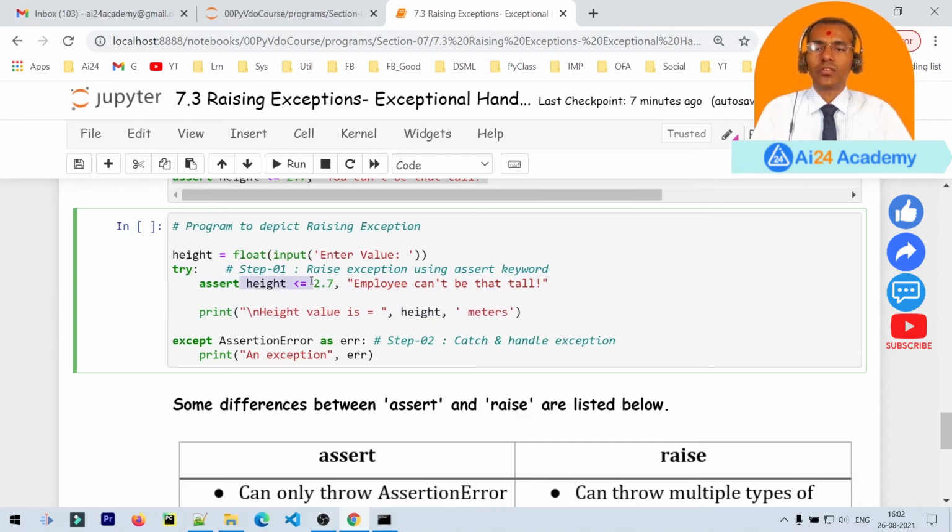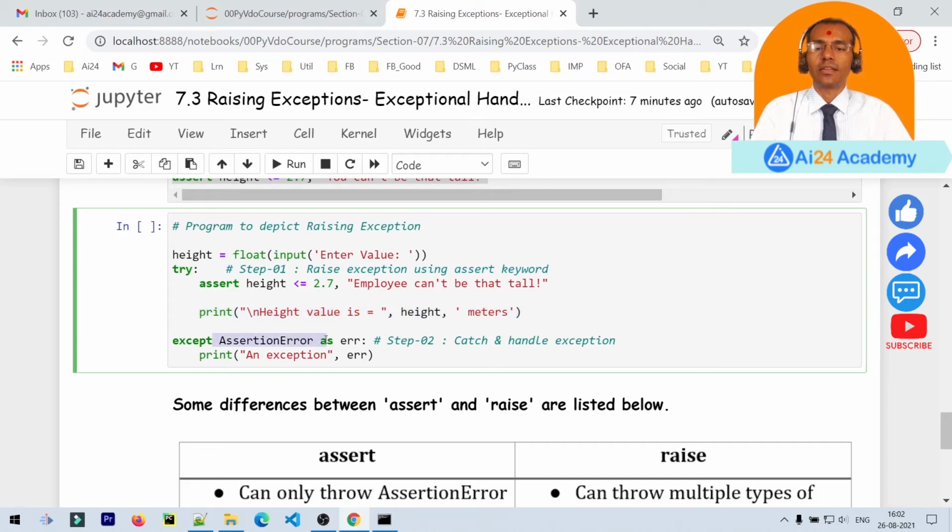If the value of height is smaller than 2.7, then the program will run normally, that is, the exception will not be raised, and it will print this statement, the height value in meters. If we enter a value which is greater than 2.7, the assert keyword raises a custom exception and throws this message to the except block, meaning it will directly jump there, and this print statement will not be executed.